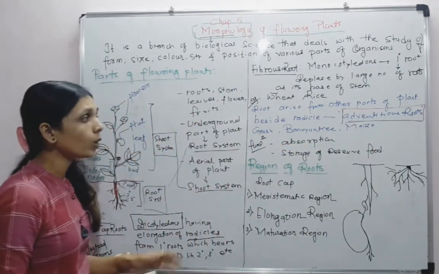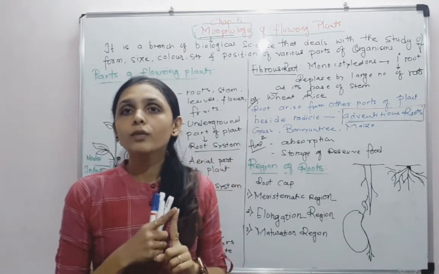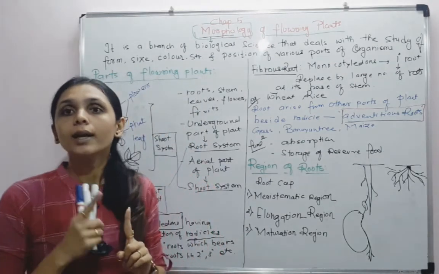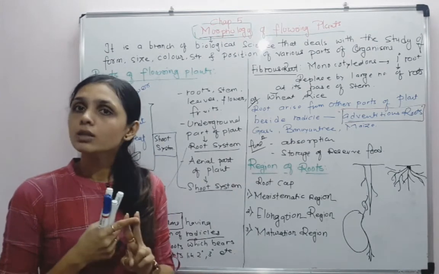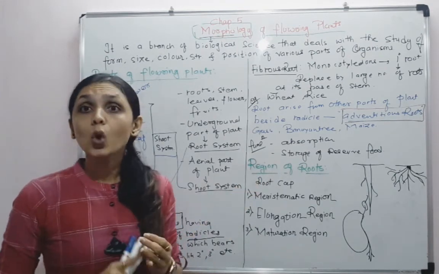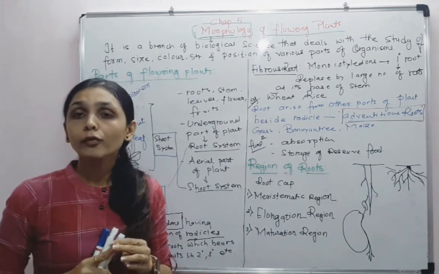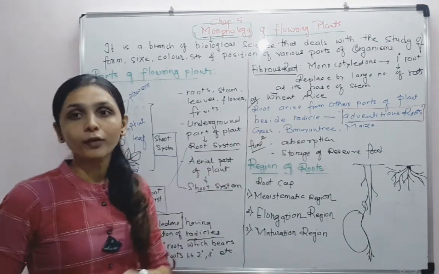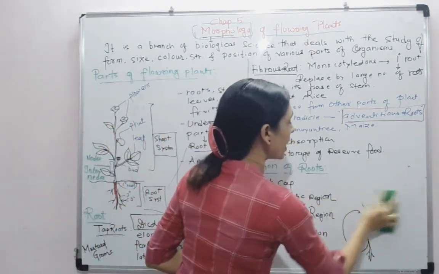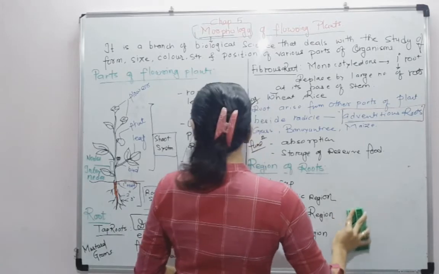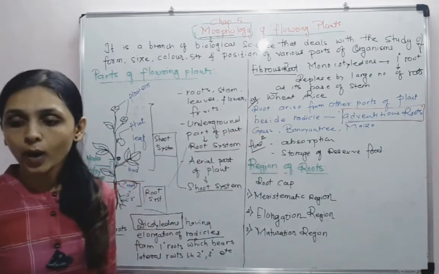Okay. Now, if we go through the general function of roots, that is the simplest thing, what we know from the lower standard as well. Right? What is that? First one, absorption of mineral and water from the soil part. Then second one is storage of reserve food material, extra food that is stored in the part of root. So these are the basic functions of roots. So these are the types of roots: taproot, fibrous root and adventitious root.